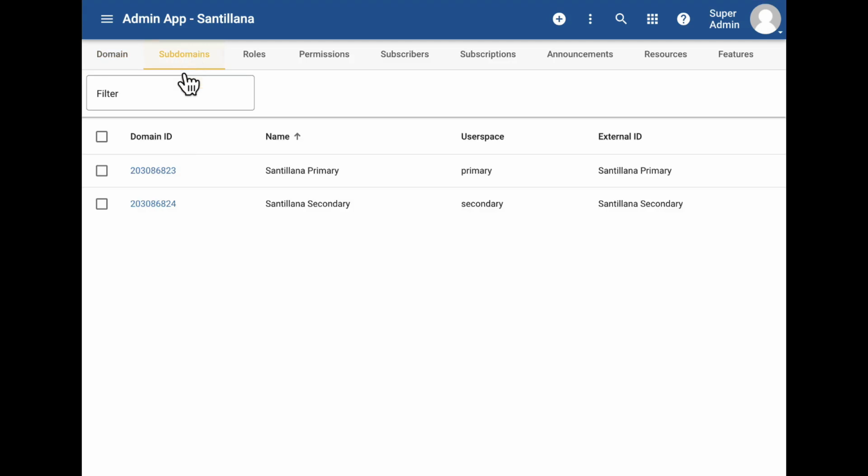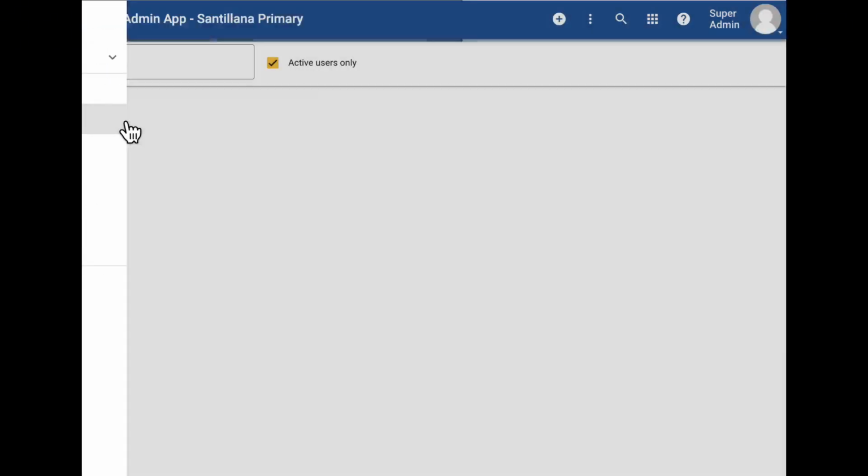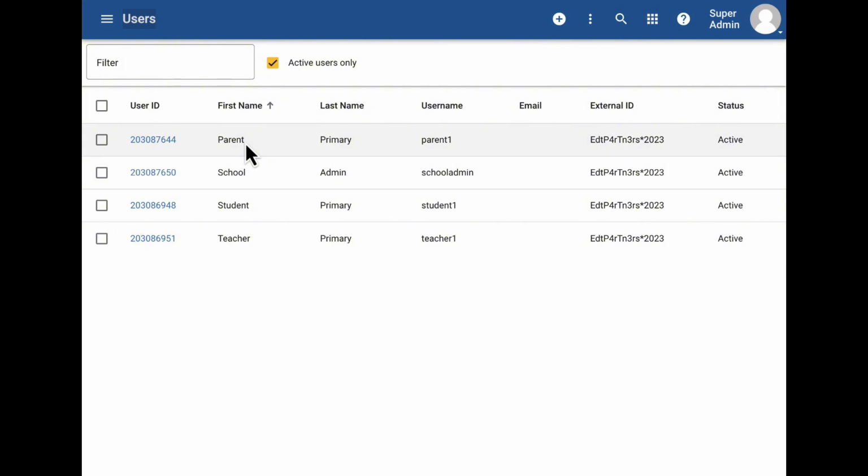Again, subdomains, and click on the domain ID. Once in the subdomain, you can click on the main menu and click users. We've added a parent, a school admin, a student, and a teacher for this subdomain. To give a domain role, you would click on the user ID, which we will use the school admin as an example,